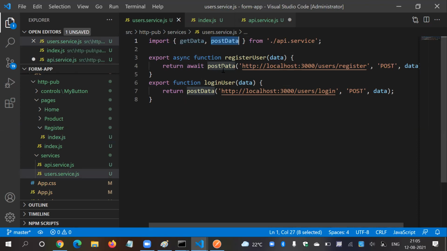And here I'm going to post that data. Here again, this is not the right strategy to hardcode your API URL. I'm going to put this into an environment file or some config file by tomorrow's session. So tomorrow I'm going to complete the registration part with radio button as well as the login part. So this is our tomorrow's topics. That's it for today.